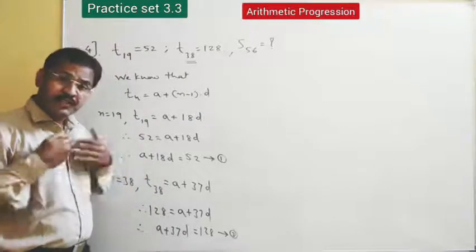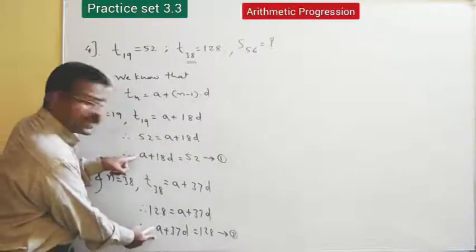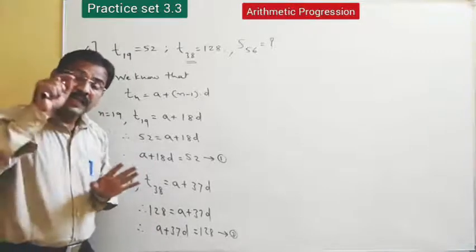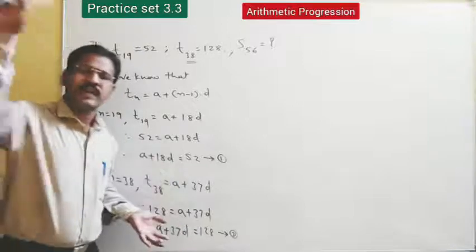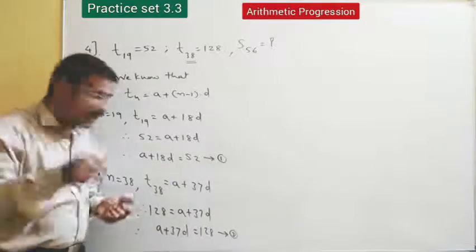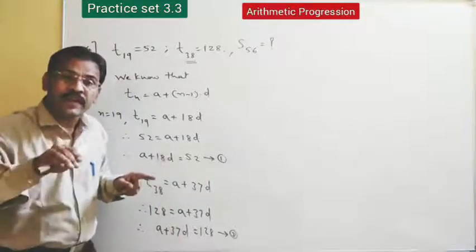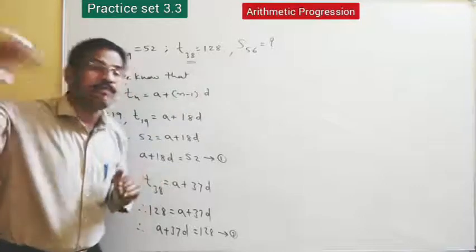Friends, so straight away by adding, instead of making subtraction to get this A cancelled, you can think about that. But when these kinds of ideas are not there, then you can think about the other method. But here 18D plus 37D, their sum is 55D. Here we have to find 56. That means we can think that way.